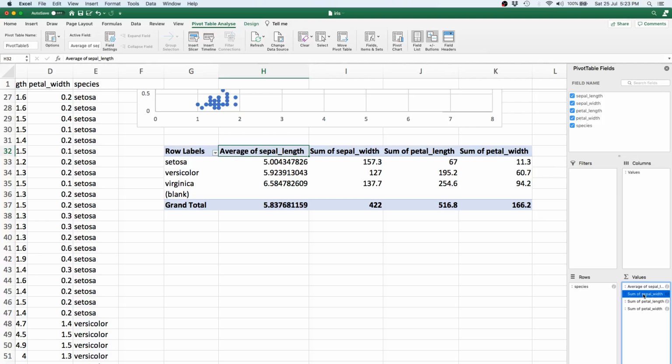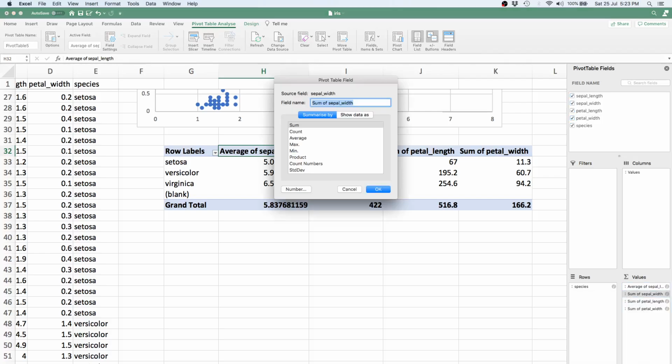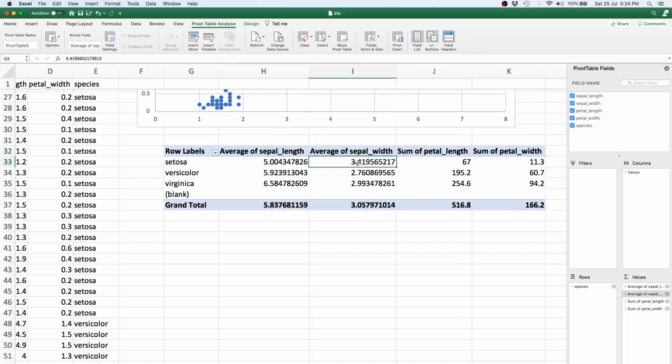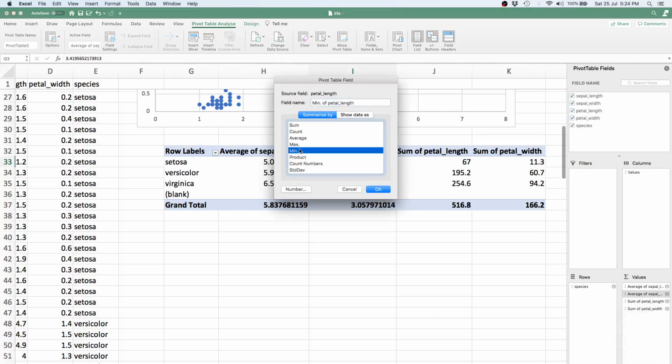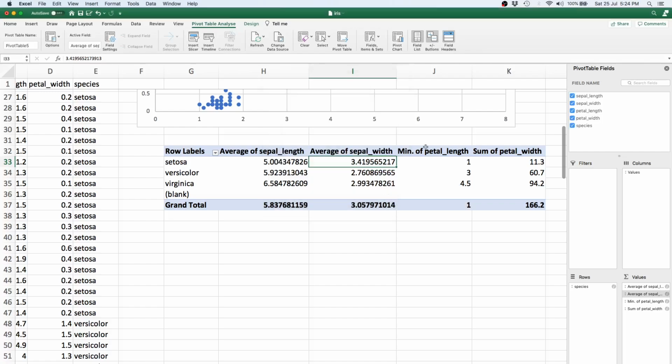So let's say I right click on this, and then again I go to field settings, and when I look at this I can just do an average, and this becomes my average. Again here I can right click on the sum of petal length, go to field settings again, and then I can do a minimum instead of a sum or an average. So that is my minimum value. So there it is. We have one categorical variable, we have four numerical variables, and we have four different aggregations specified against all of them.